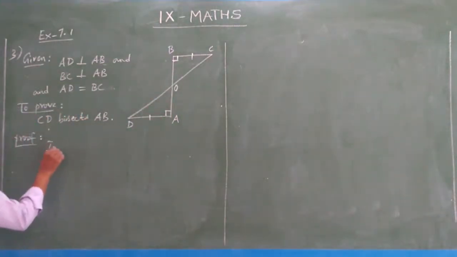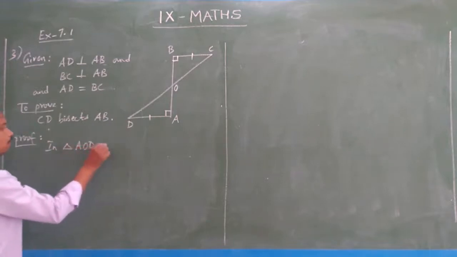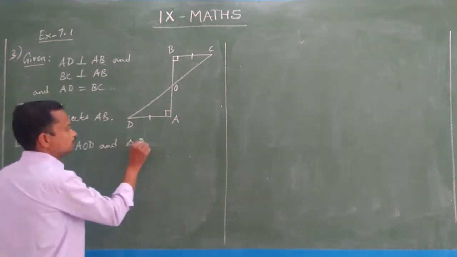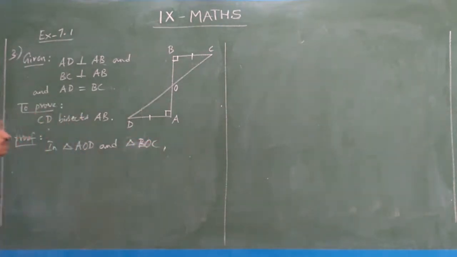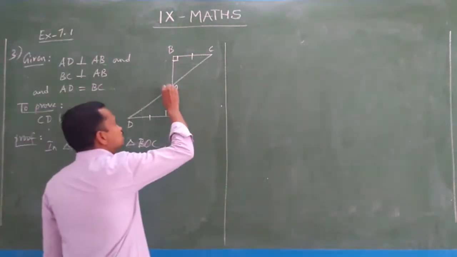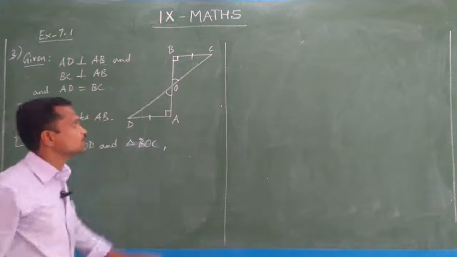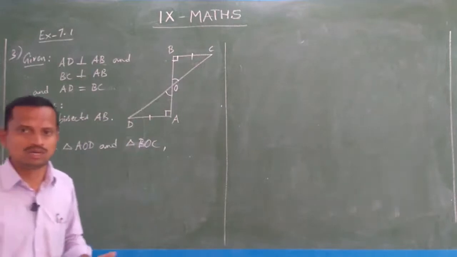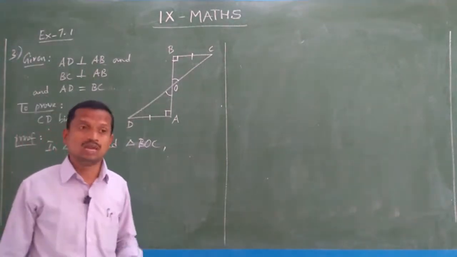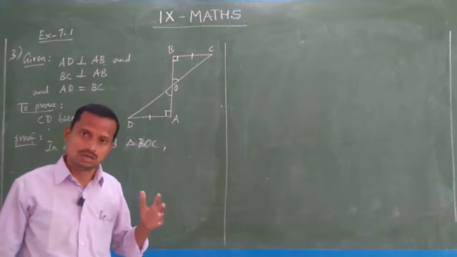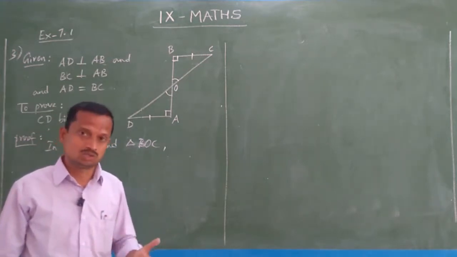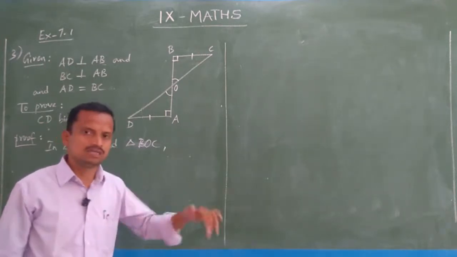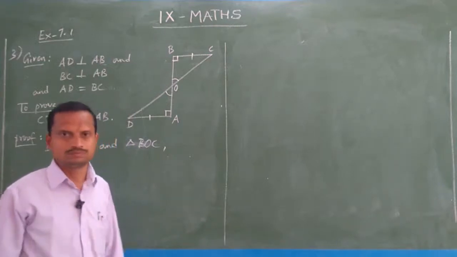So, in triangle AOD and triangle BOC, in these two triangles, you see, can you say what are these two? Like two lines intersect, so vertically opposite angles are equal. So, these are the old concepts you have learned in the earlier classes. We have to use that also. Lines and angles chapter, no? That is the corresponding pair of angles formed when a transversal intersects parallel lines. That also we have to use, not here, in other sums. So, that concept we should remind, keep in mind.